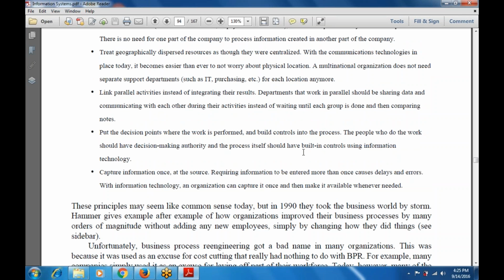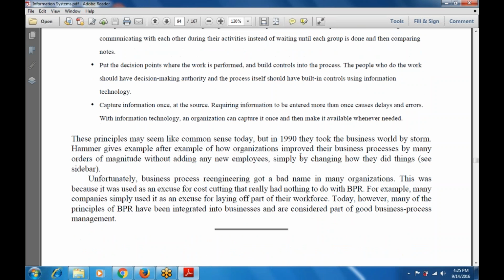These principles may seem like common sense today, but in 1990 they took the business world by storm. Organizations improved their businesses by orders of magnitude.